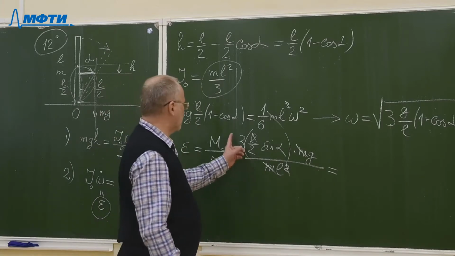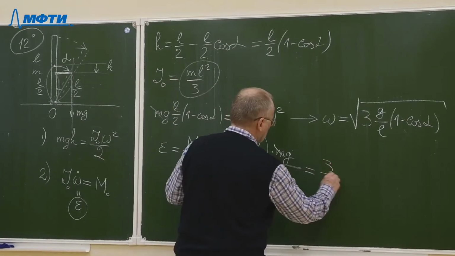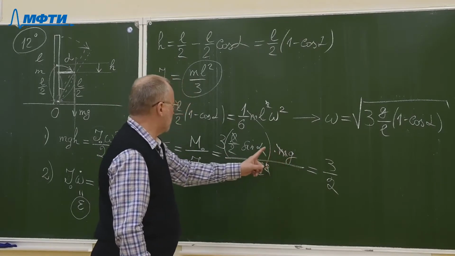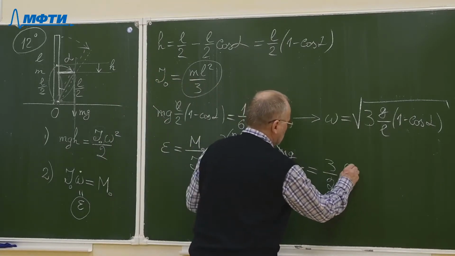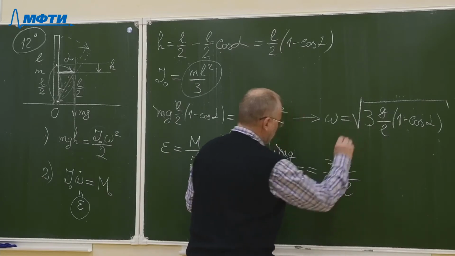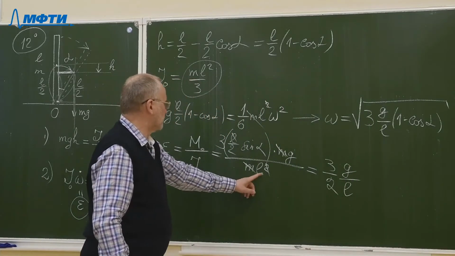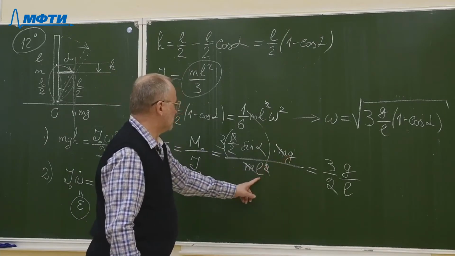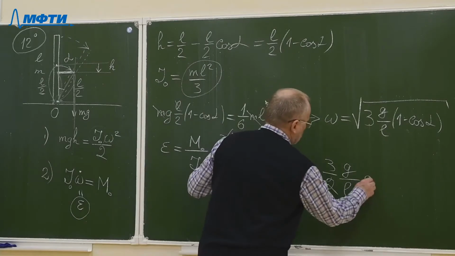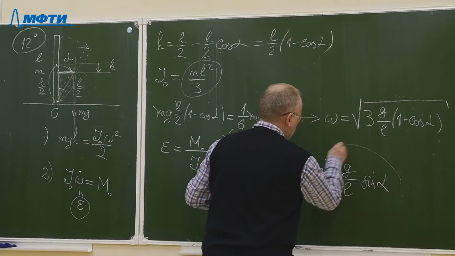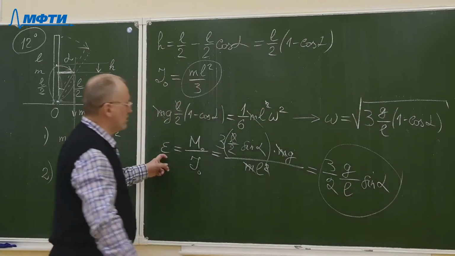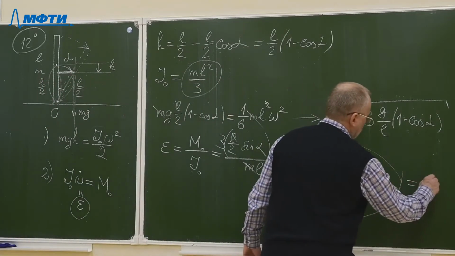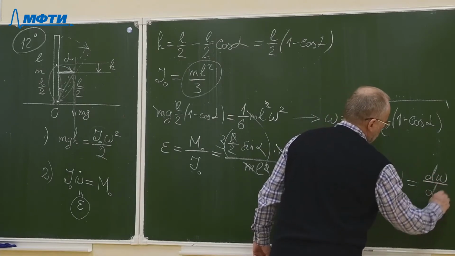And what remains here? 3 over 2, 3 divided by 2, g divided by L. Acceleration of free fall divided by the length of the chimney. And what else remains here? g divided by L, sine, sine alpha. That's it. The angular acceleration, which is certainly by definition d omega dt,